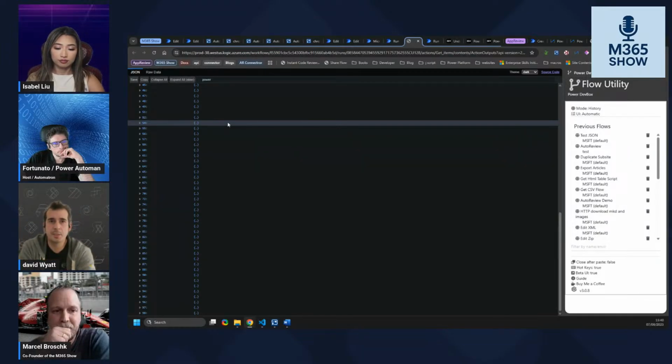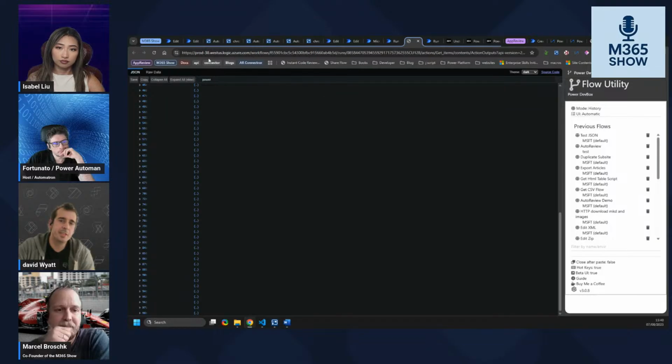You can be targeted. Often I'll use this when you've got an apply to each loop, and the 50th one has got an issue, and it's terrible the amount of information it passes through. I can go straight to the 50th item, find what it is, and link it back. So it's quite nice.